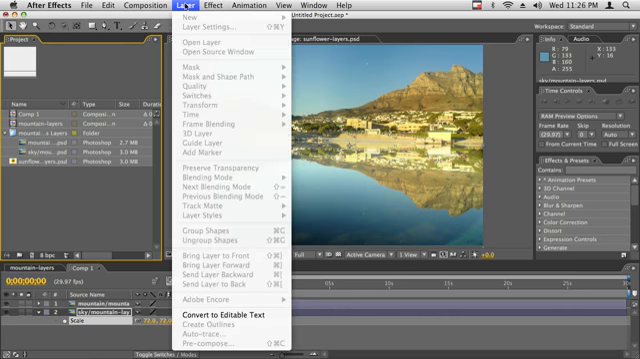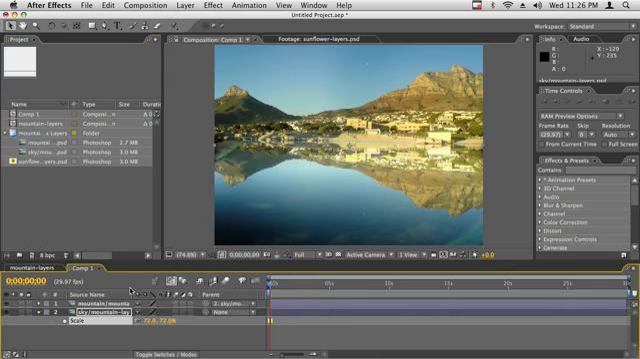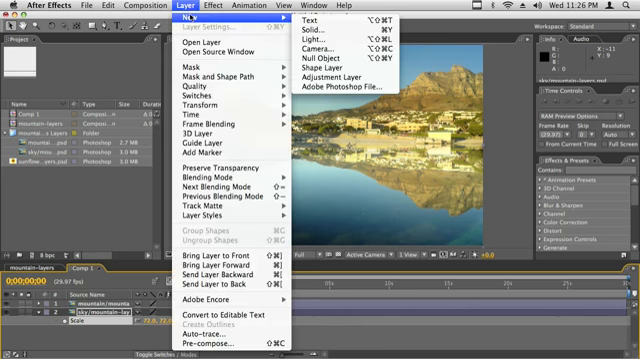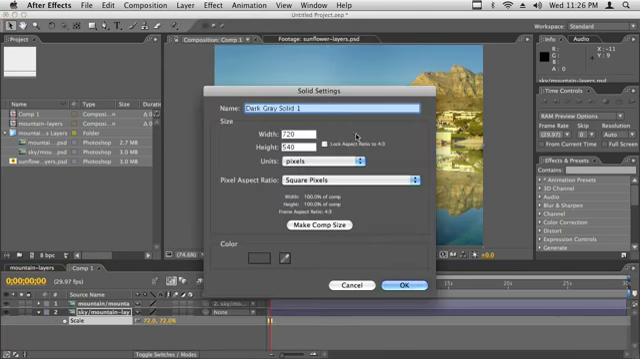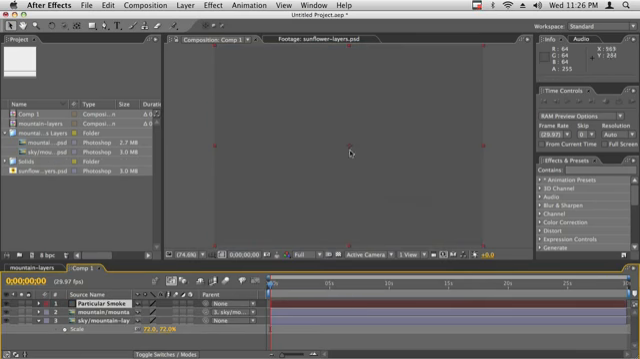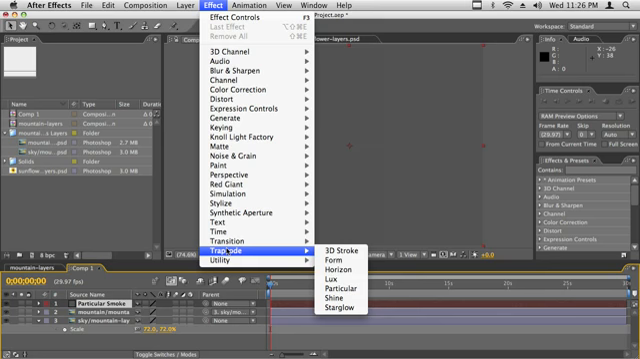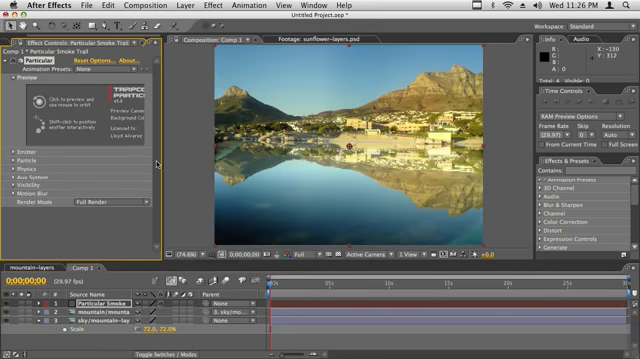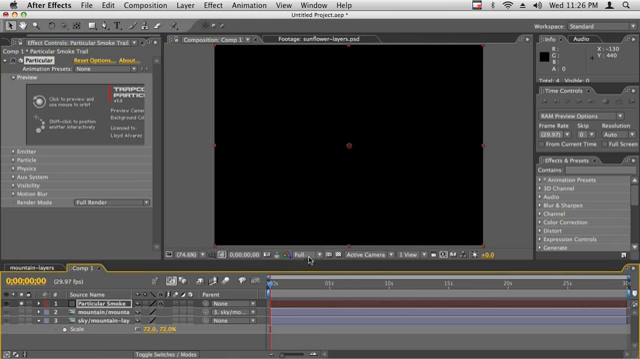To do that, we're going to select Layer. Oops, we have to make sure we're in the comp. Layer, New, Solid, or Apple Y or Control Y. We're going to call this Particular Smoke Trail. Make it comp size, it doesn't matter what color it is, and then we'll go Effect, Trapcode, Particular. And then we'll go ahead and solo this Particular layer so that we can see what's